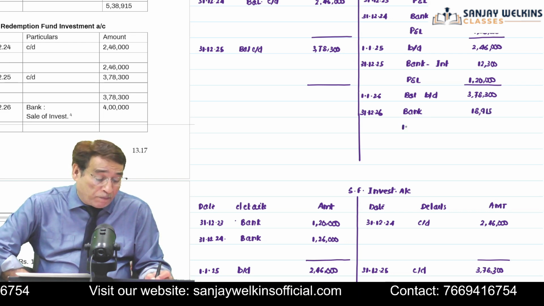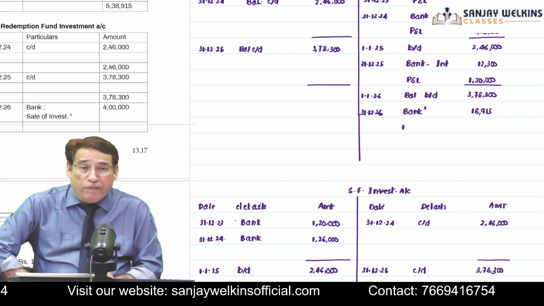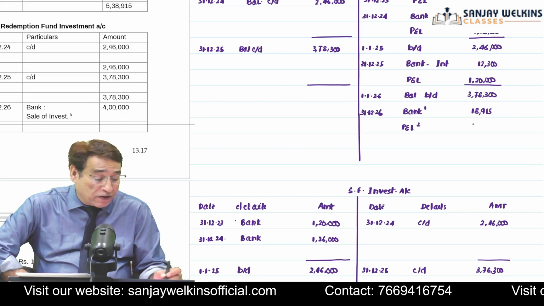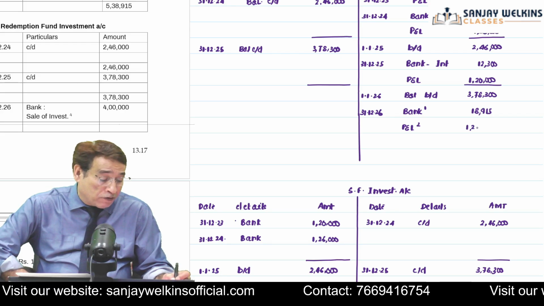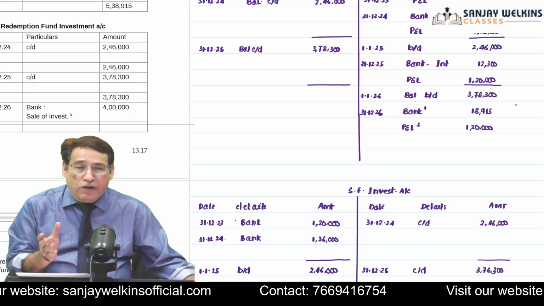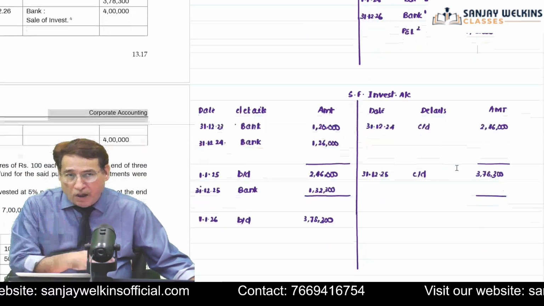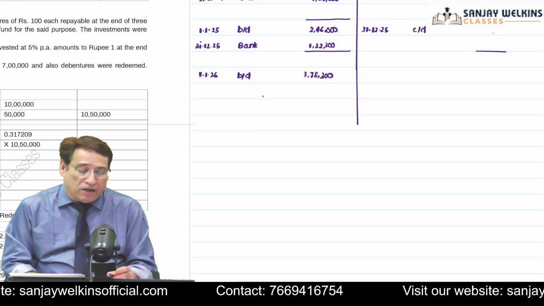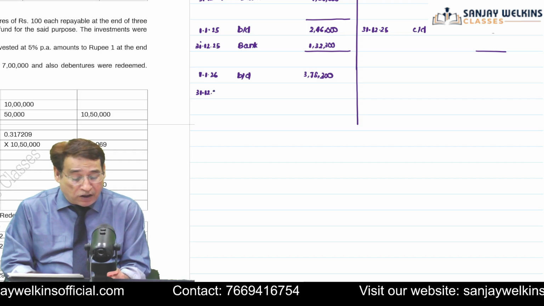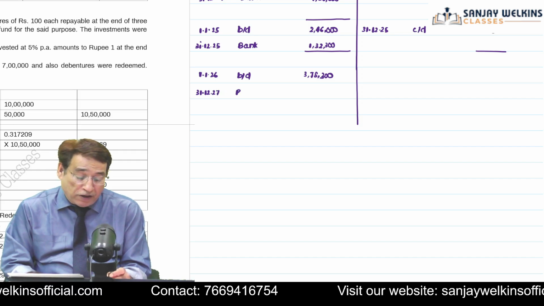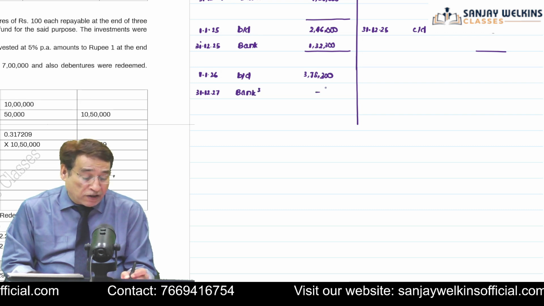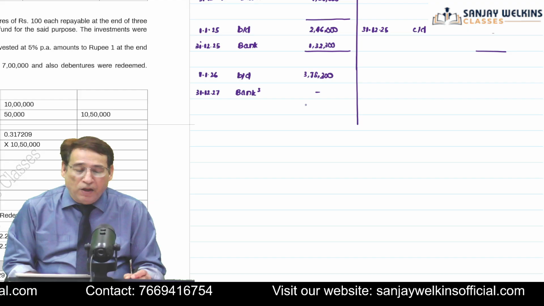Again, I am going to appropriate. This is my first step, correct, in the final year. Then I am going to appropriate the amount of profit. This is my second step, 1,20,000 in the final year. Generally, whatever interest we receive and whatever amount we appropriate, we invest it. However, in the final year, as I told you, we are not going to invest it. On 31st of 12/2027, we are not going to invest any amount. Is it clear to you?